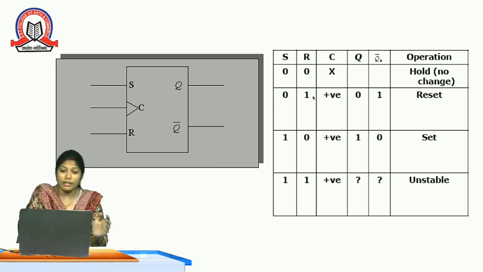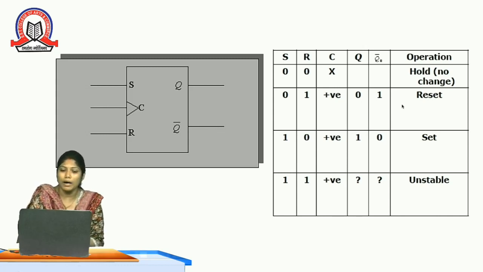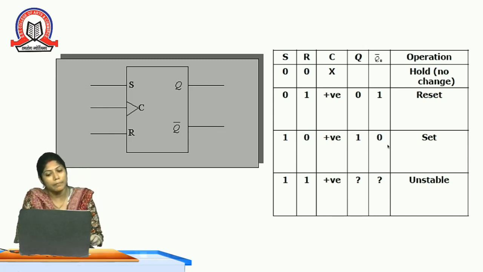But when you give another clock pulse, positive trigger signal, this stands for clock pulse. So 0 and 1, in this case there are two outputs, Q and Q bar. So when S is 0 and R is 1, then it is using a reset operation. Q bar will be 1. Similarly, when you are using next clock pulse, then it is using set operation. So Q will be 1 and Q bar will be 0.